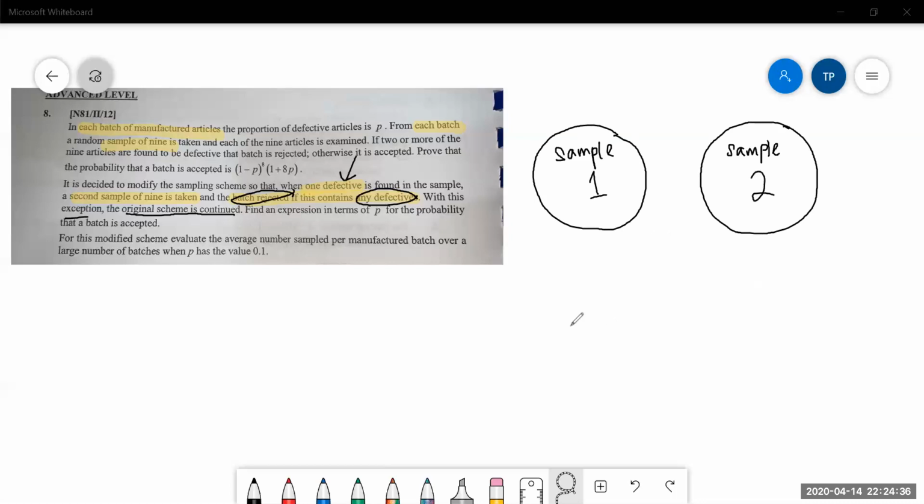Okay, look here. There are a lot of iPhones. So in the first sample, there are 9 iPhones. So if I found